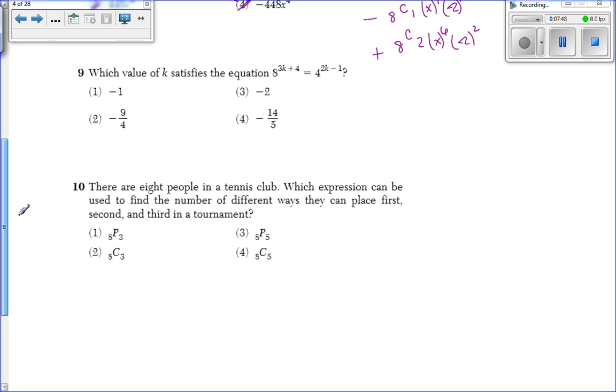Number 9, which value of k satisfies the equation? Well, I have to get my bases the same. The only way they can be the same is if they are both 2. 2 to the 3k plus 4 equals 2 to the second, and then 2k minus 1. Now remember, just distribute to your exponents, so it becomes